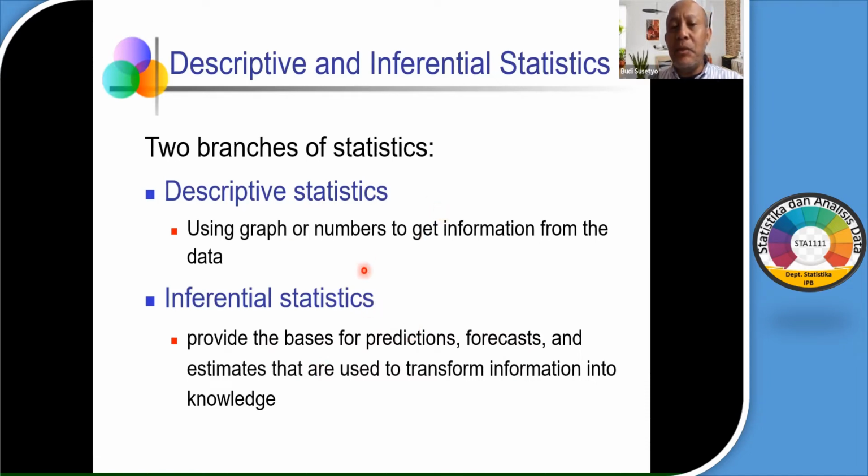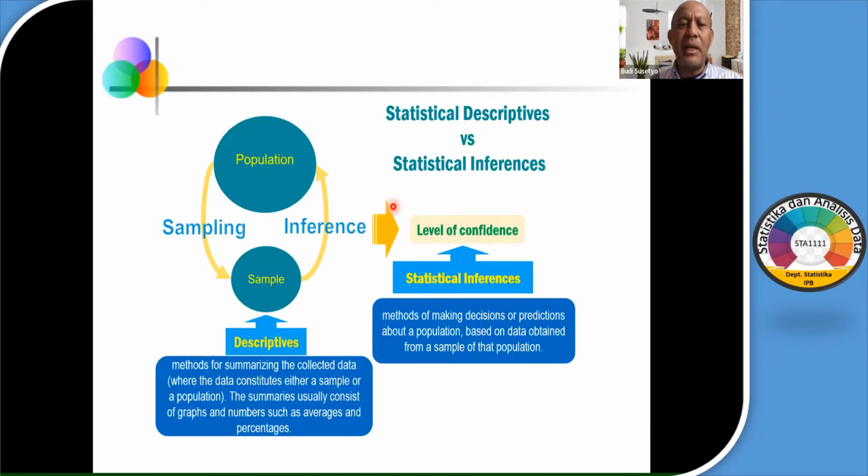But if you just describe how many percent of the students in APB University are male, how many percent female, how many percent stay in Jakarta, how many percent outside of Jakarta, and so on, this is descriptive statistics. Okay, so